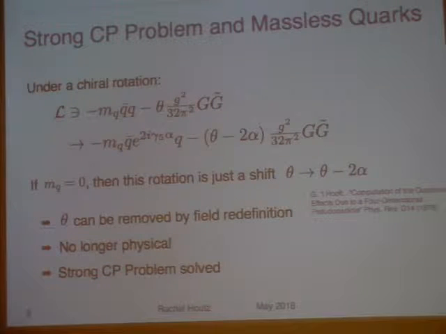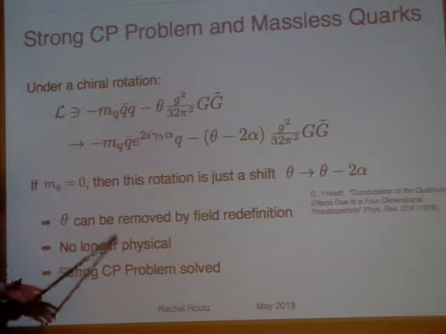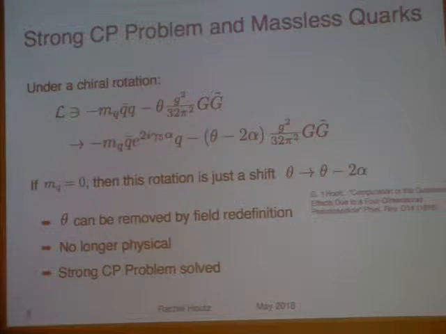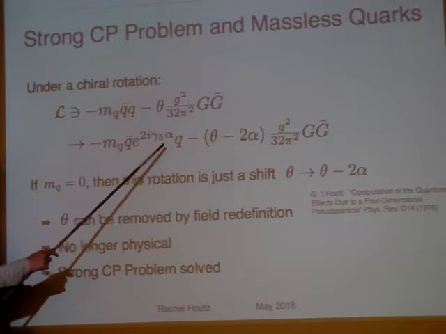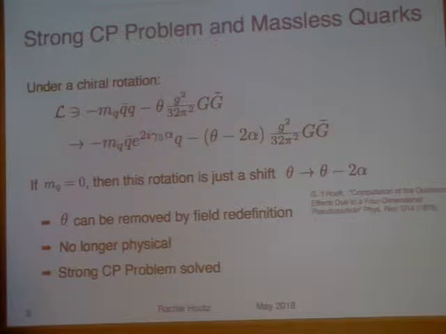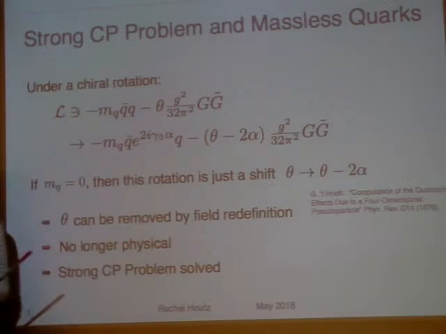One way to solve the strong CP problem is to introduce a massless quark into your theory. If you have a normal quark in your theory, there's some mass term, m_q q_L q_R, and then this non-perturbative interaction with theta. If you do a chiral rotation on your quark fields, you get a phase that looks like this. This also corresponds to a vacuum-to-vacuum transition in the QCD vacuum, which introduces, if this phase is alpha, a shift in theta that goes like alpha.